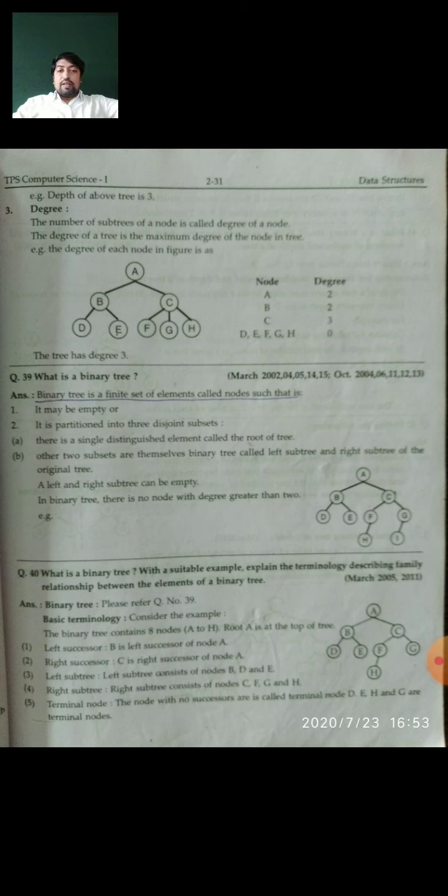In this, firstly look at the diagram. A, B, C, D, E, F, G and H are there, which explain the binary tree. Generally, diagrams of a binary tree are very similar. You have to memorize the diagrams so that in the exam you can write in the proper format. You can take any name, any data element for the binary tree, but explain the concept very properly. You will get better marking in the exam.